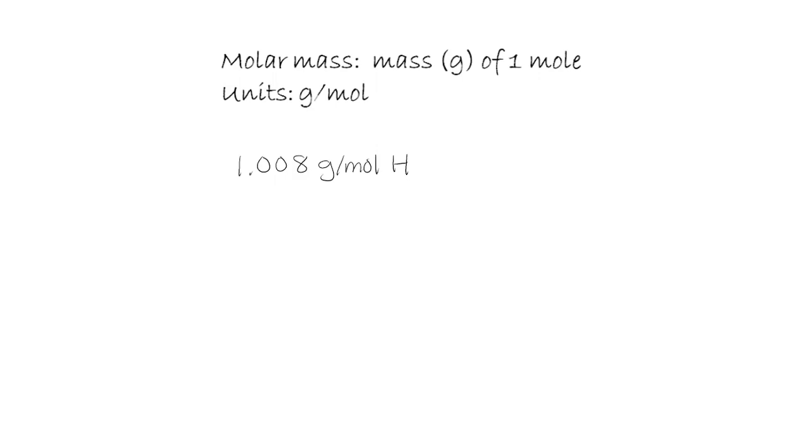However, when we use molar mass as a conversion factor, we need to write it differently so that we can be sure the units cancel correctly. Our molar mass is really an equivalency, so for hydrogen, it relates 1 mole of hydrogen to grams of hydrogen. We can take each side of the equivalency and relocate it as either the numerator or denominator of the conversion factor. So we can write a conversion factor